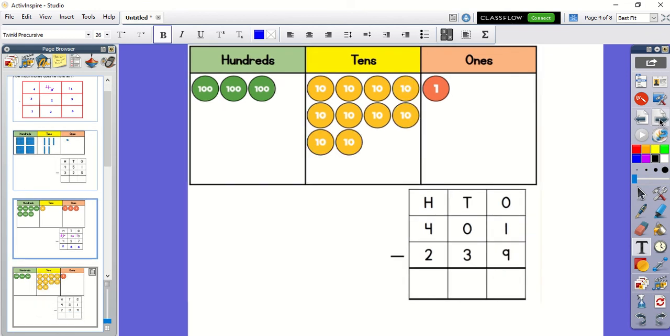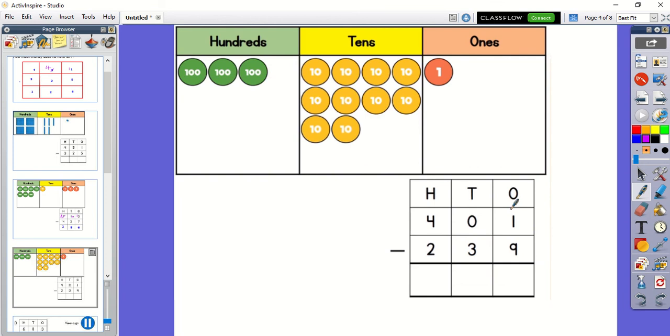Our next question is 401 take away 239. So same as before, this is for those who didn't quite understand what we did in that last step. We're going to, hold on, we can't borrow any 10s. What are we going to do? Well, what we'll do is, we'll borrow 100,